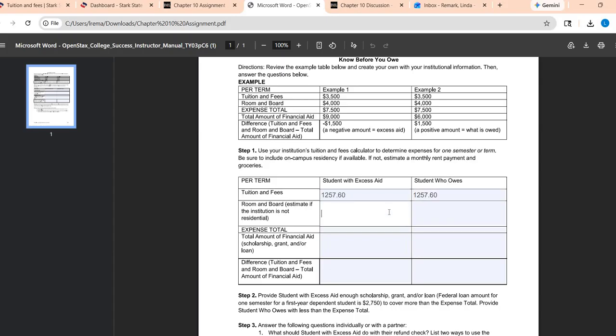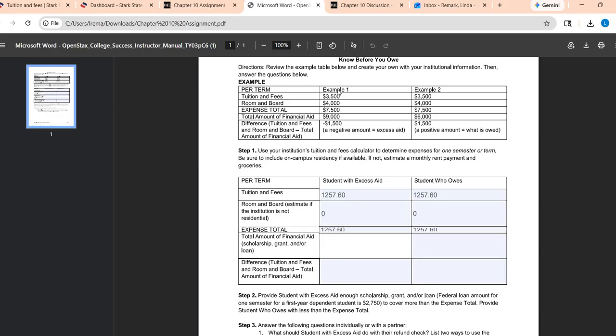Now, room and board. Okay, so obviously we do not have dorms on our campus, but if you wanted to add in, let's say you know that you're spending $200 a month on gas, or you're spending $500 this semester on a new laptop, you can add that in here if you wish, so that you can get a more realistic picture of what it's like for you to attend college. For my purpose, I'm just going to leave it as just the credit hours, and that's up to you. And I know this box is really wonky here. That's up to you how you approach that.